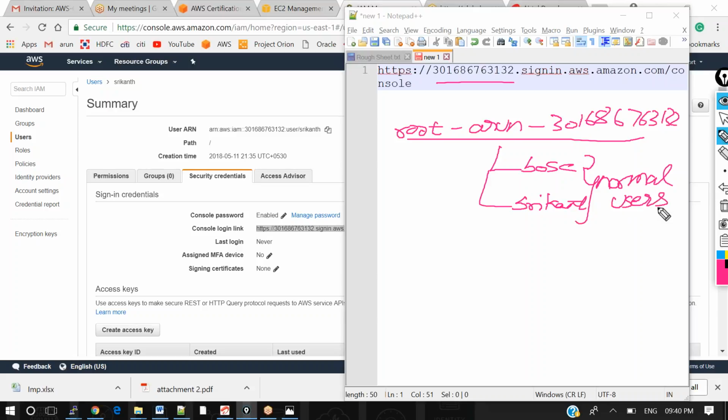So this is the scenario we have right now: Arun is the root user, and Srikanth is a normal user. Arun has all the access by default in the AWS services, while Bose and Srikanth will have permissions only when Arun assigns the permissions to these normal IAM users.